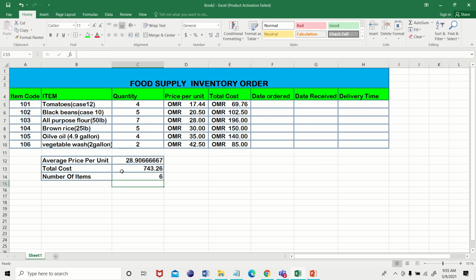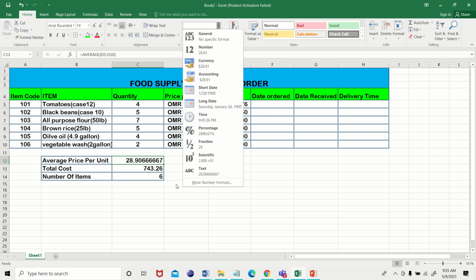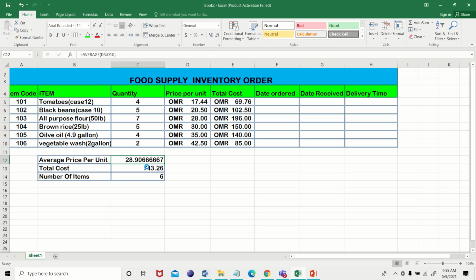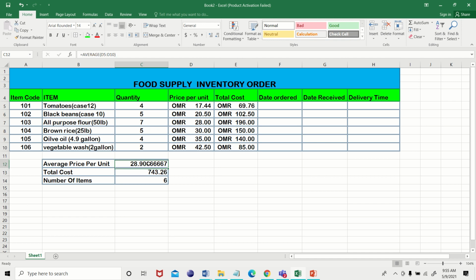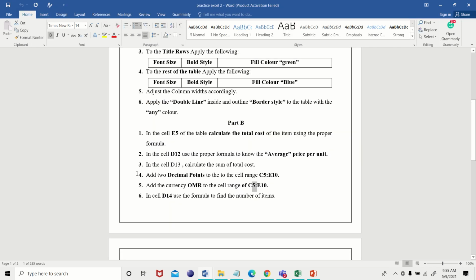So we are finding the number of items. Okay, even here we can keep it as 2 decimal points. So just go here, select the 2 cells, and instead of general, choose number, it will be 2. Okay, next.